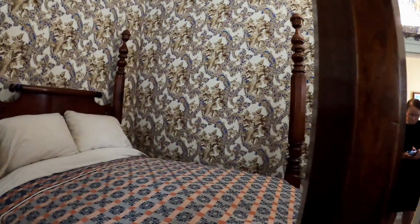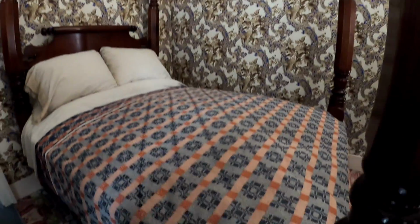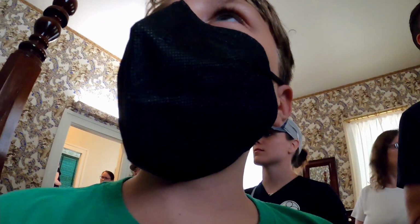Wonderful. Well, as we are gathering here on the second floor, just remember that all this floor of the home was added by the Lincoln family years after moving in to expand their home. We already see big improvements, right? Nice spacious rooms with tall ceilings. They've got more than one bedroom as well now. They can have a room for the visitors, the guest room across the hallway there, very cozy,